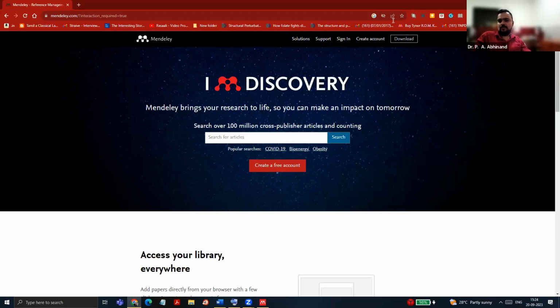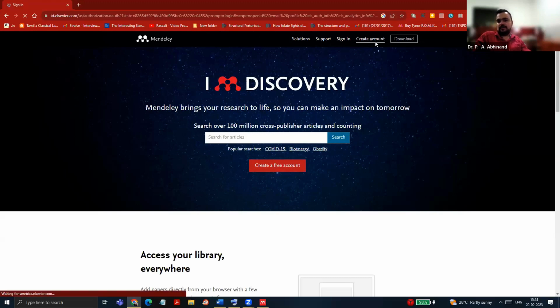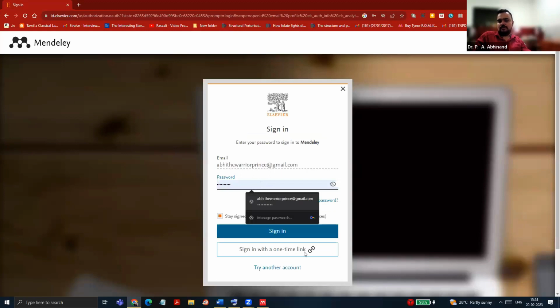Before you use Mendeley, you have to create an account. You can click on this. I already have an account. If you don't have an account, you have to click on create a new account and start filling up the details.